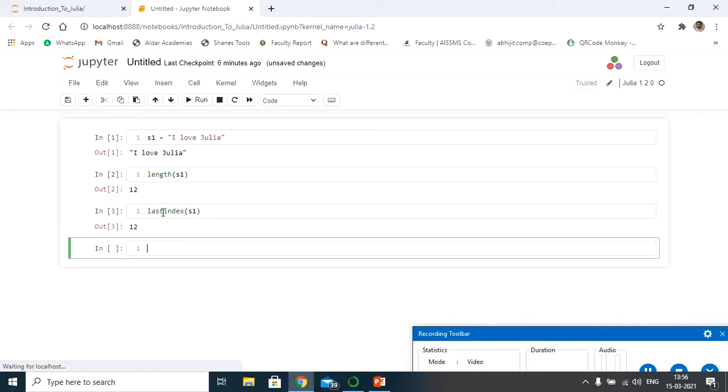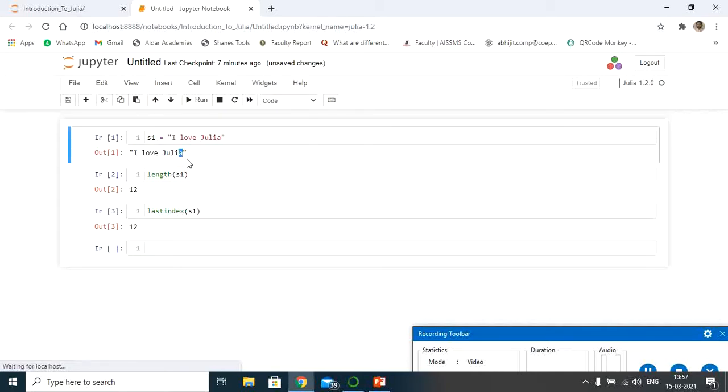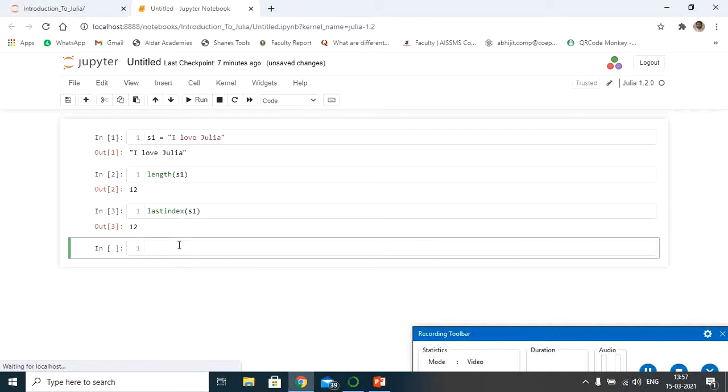The major difference between lastindex and length is that length counts individual characters of the string, but lastindex finds the index of the last character, which here is the A, which is nothing but 12. So this is the major difference between length and lastindex. You can use either method.